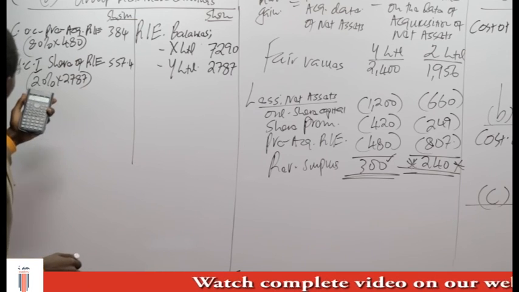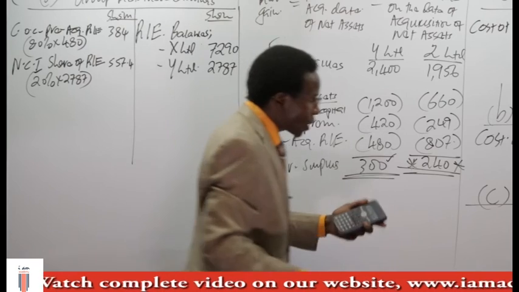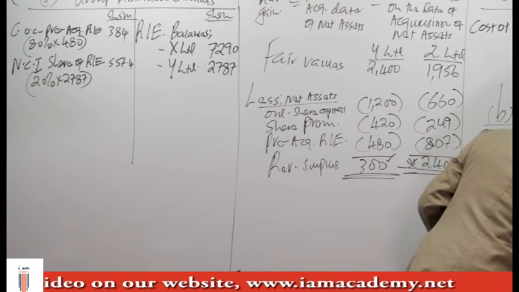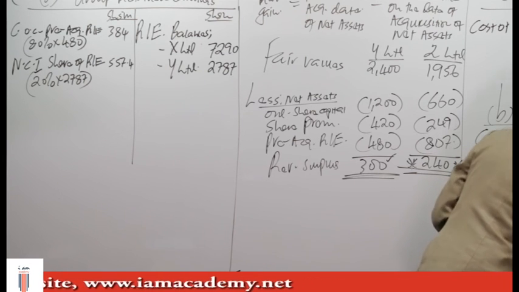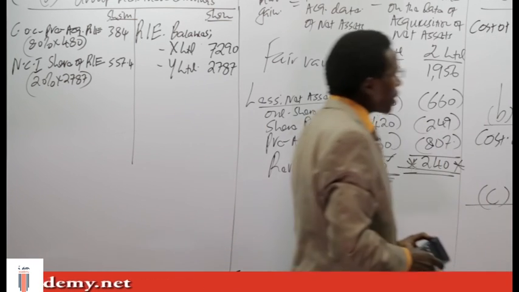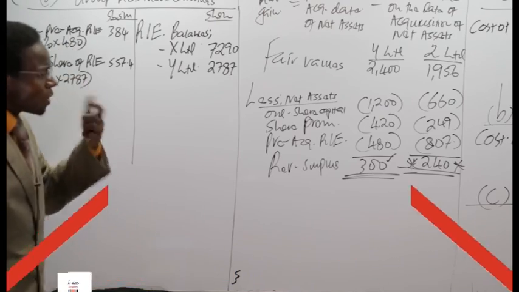That goes to the non-controlling interest. Retained earnings, 20%, 557.4. Now you see how this goes. Very easy. Because what we have simply said, our total